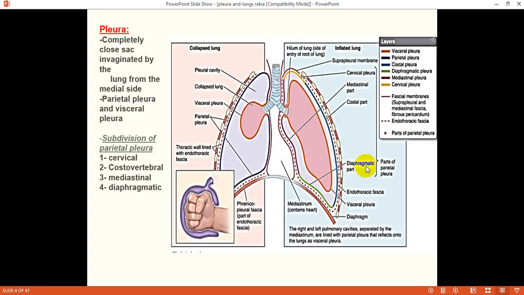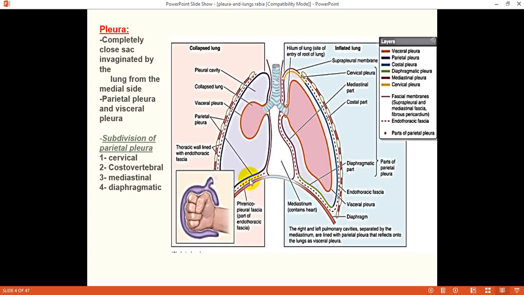So parietal pleura and these peripheral structures are separated by connective tissue layers. So as you can observe here that the cervical pleura is covered by a thick connective tissue layer which is called suprapleural membrane. So this suprapleural membrane is going to protect the apex of the lung at cervical pleura. Then here the mediastinal part is separated by a thin loose connective tissue layer from the fibrous pericardium. And here you can observe that